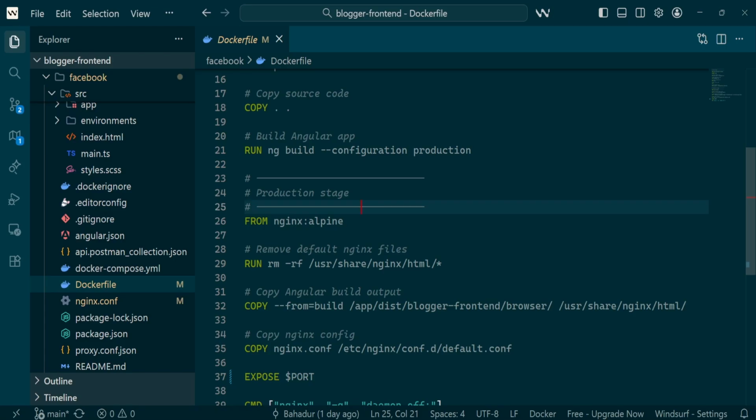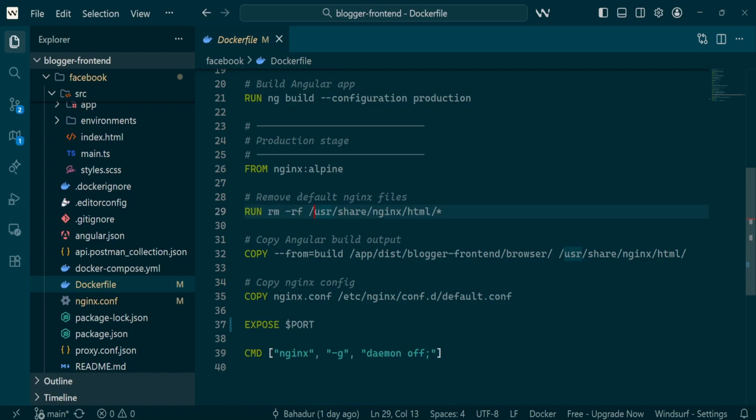If you don't know about Nginx, Nginx is a web server, used like Apache. Apache is another web server. So Nginx is a web server to run any front-end application, and then we are going to remove all the default